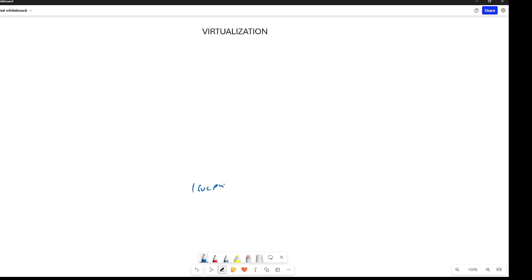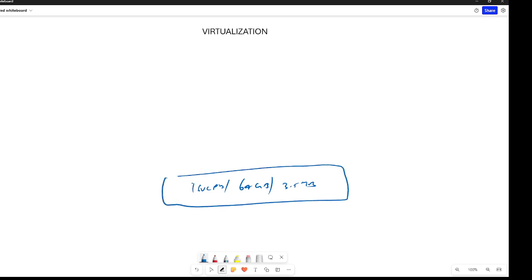16 virtual CPUs, 64 GB of RAM, and 3.5 TB of hard disk. This is my laptop. On top of that laptop, I'm running Windows 11, which is already taking 8 GB of RAM, 2 virtual CPUs, and maybe 100 GB of hard disk.